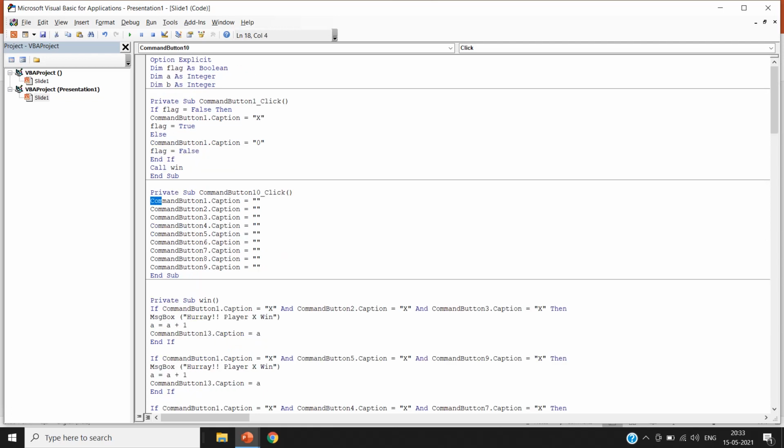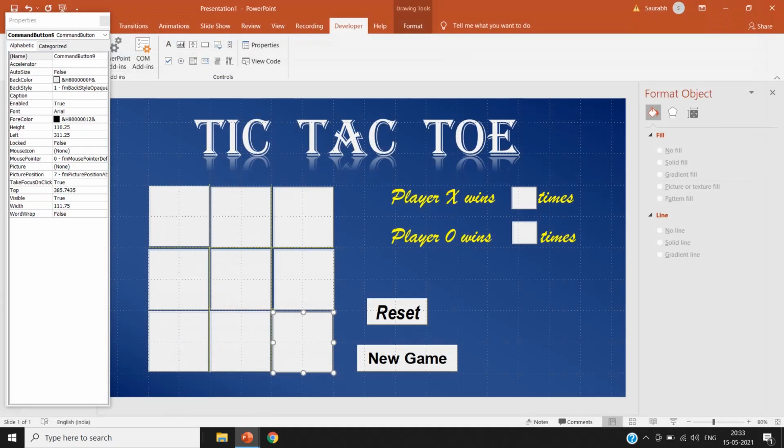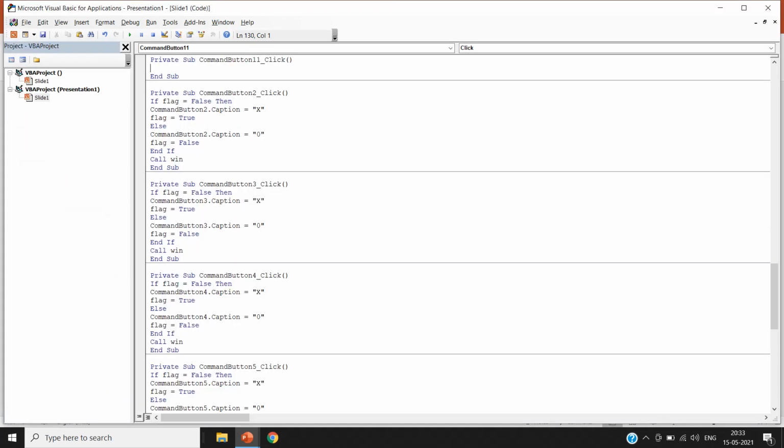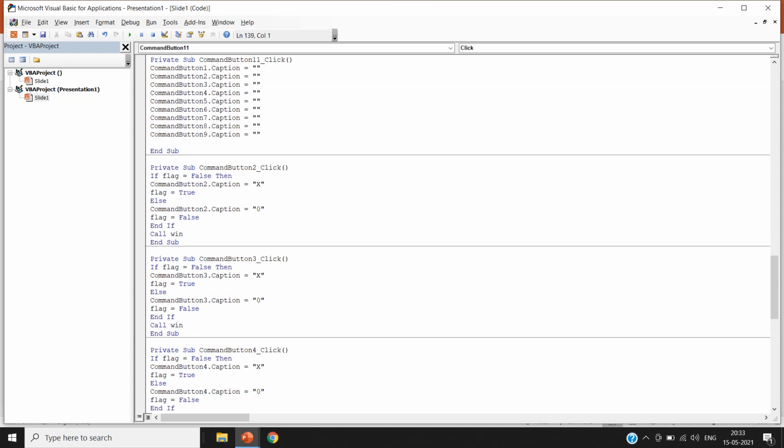Next left is the new game. Just copy all the text we have written on the reset button and paste it there. And in new game we want player X wins to equal 0 and player 0 wins to equal 0.